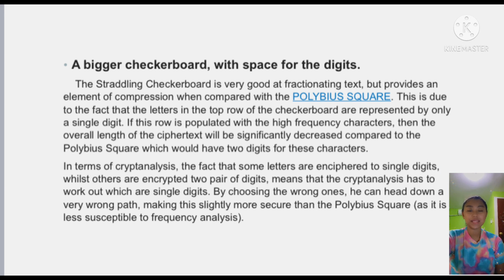In terms of cryptanalysis, the fact that some letters are enciphered to single digits and others are encrypted to pairs of digits means that the cryptanalyst has to work out which are single digits. By choosing the wrong ones, he can head down a very wrong path, making